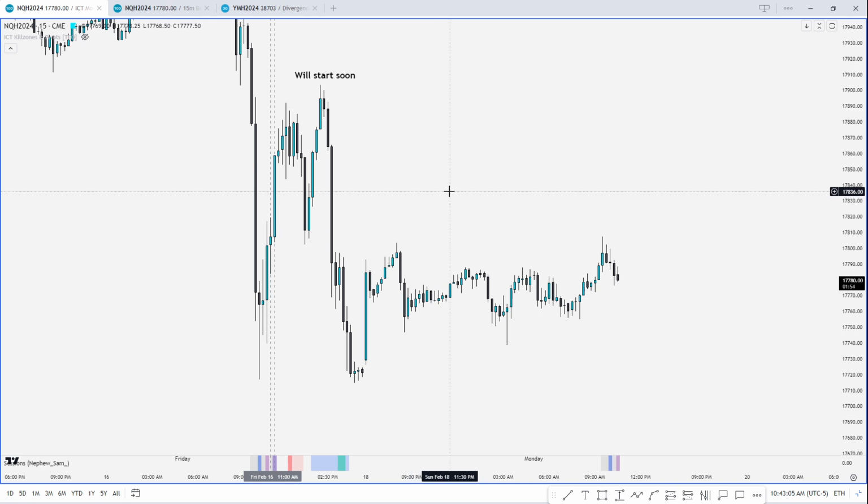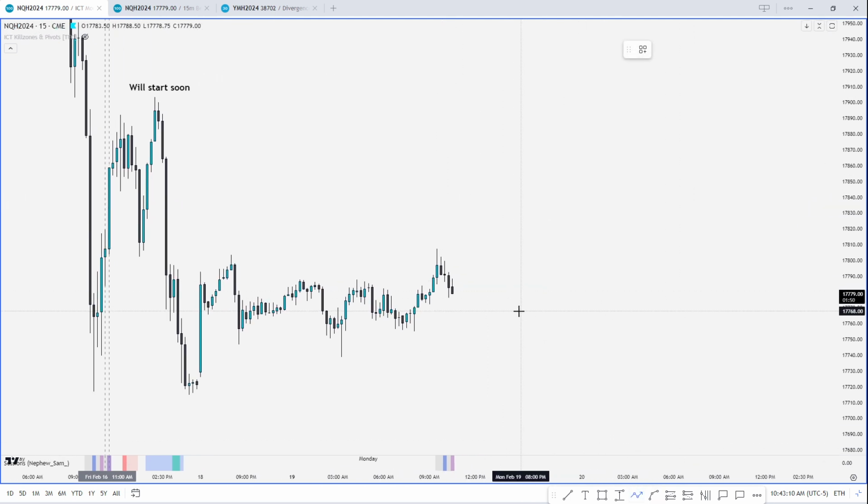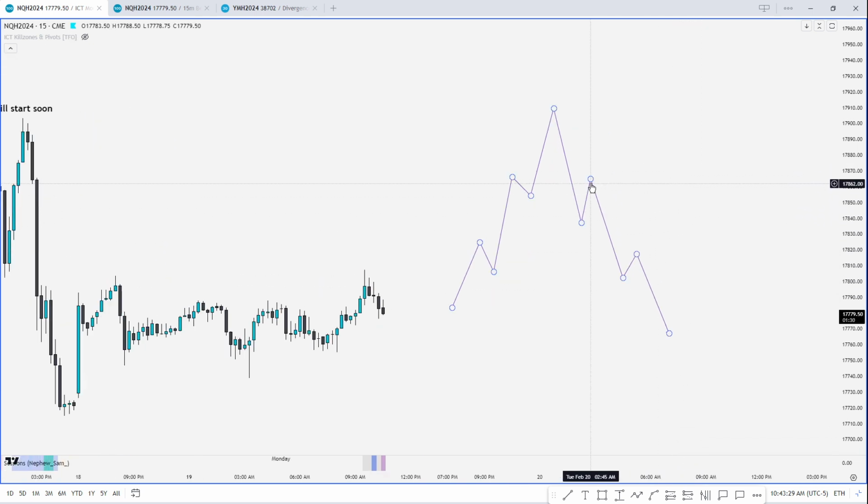One thing I never understood was why ICT wants to enter on the second stage. Can you explain? The second stage of the MMXM has the least amount of liquidity, has least amount of resistance towards the drawn liquidity. So yeah, it's the quickest run. Exactly. So if we're looking at something like the first stage,